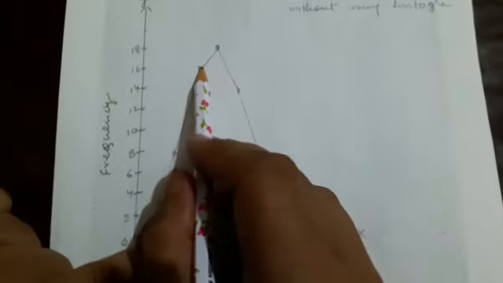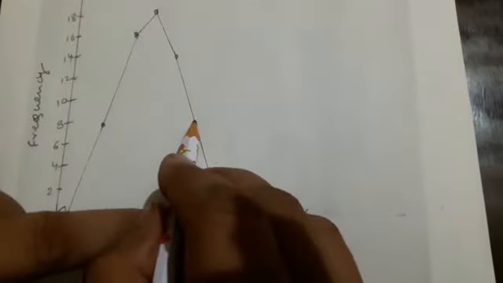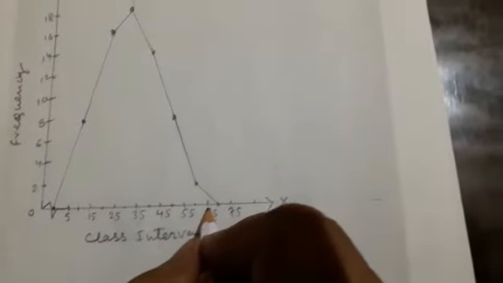20. So on the same place we will mark 16 here, and similarly 25 to 35, 30, and here the frequency will be 18, and 35 to 45 the mid value is 40, and the frequency is 14, and 45 to 55 it is 50, and their frequency is 8, and 55 to 65 the class mark is 60. Here we will mark 60 and the frequency is 2.